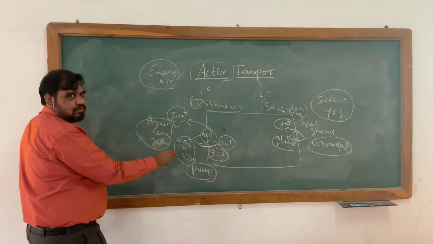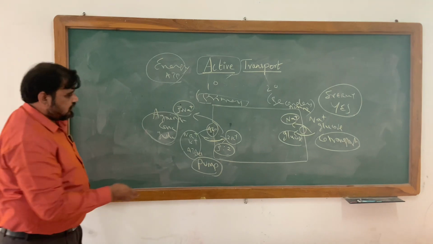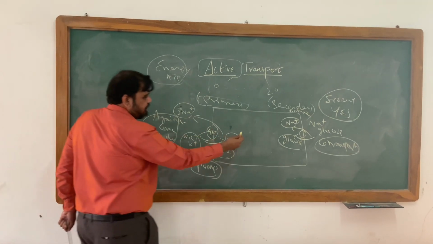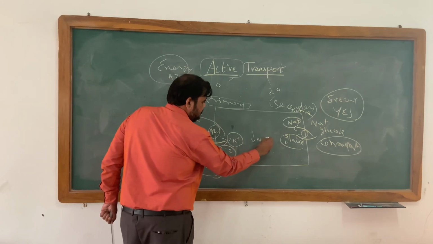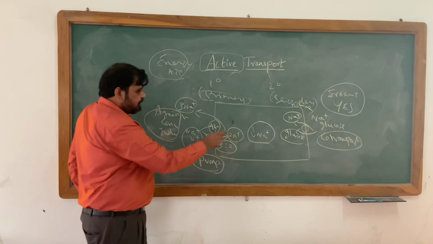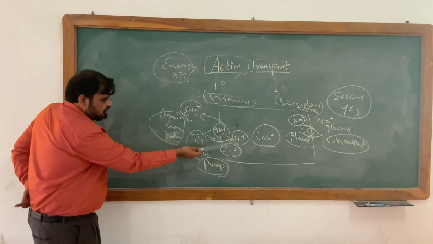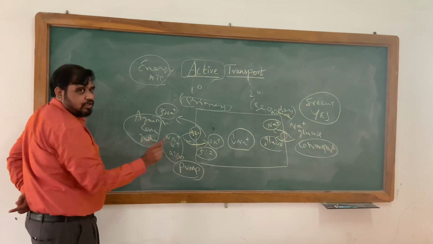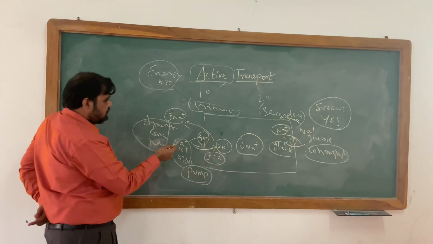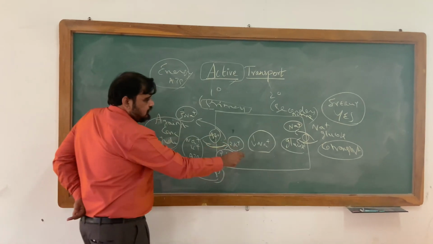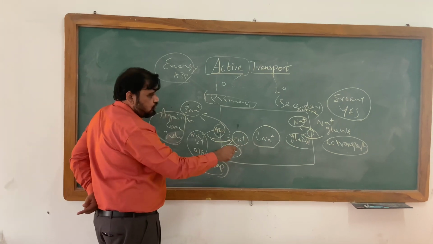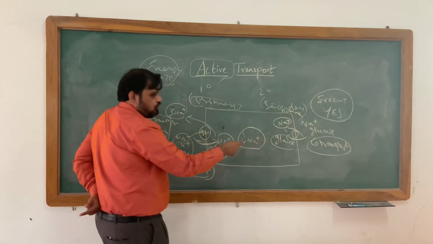Now I will make the concept clear. Because of this sodium potassium ATPase, three sodium going out, what happens? There is a decrease in sodium. Today's class, this is a very important concept. Because three sodium is going out, one positivity is reduced. Make it simple. As the sodium is going out, there is a decrease in sodium inside. Understand? To compensate for this decrease in sodium, sodium comes inside. Are you able to understand?